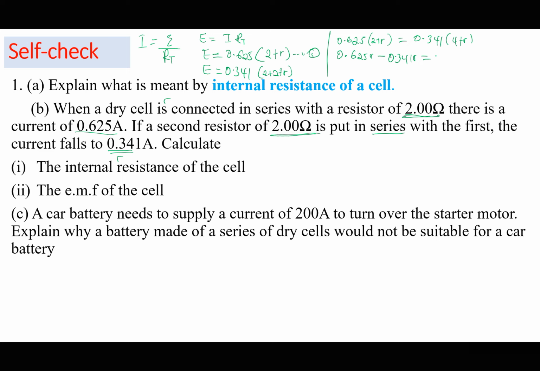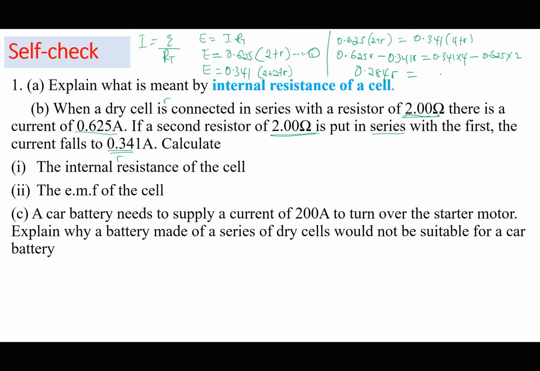Then to the right, I have 0.341 times 4 minus 0.625 times 2. So I've just pressed my calculator. 0.625 minus 0.341. So I have 0.284 r being equal to, on the right hand side, I have